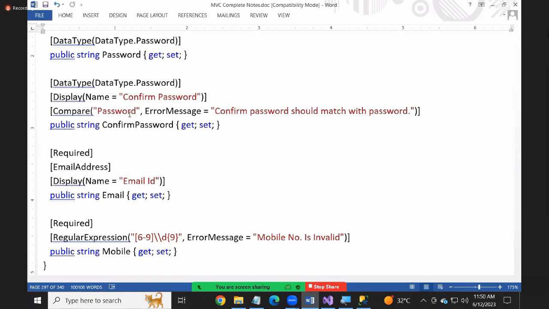The model class doesn't have all the properties I want. The model class has password, but doesn't have confirm password. That confirm password is missing, so I cannot use it. I already explained this two weeks back: define your own model classes to create the views. What do we call it? MVVM architecture. Model view, view model. So we are going to create our own model classes for creating the